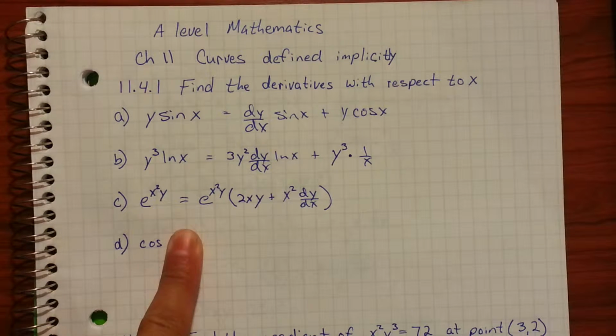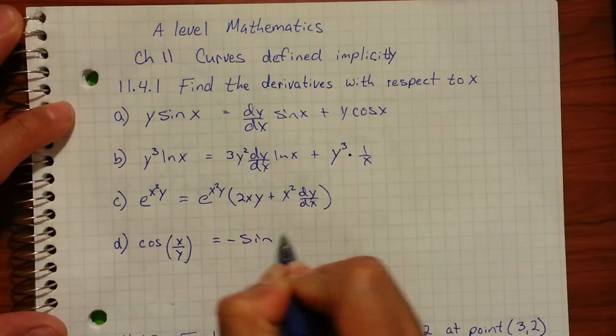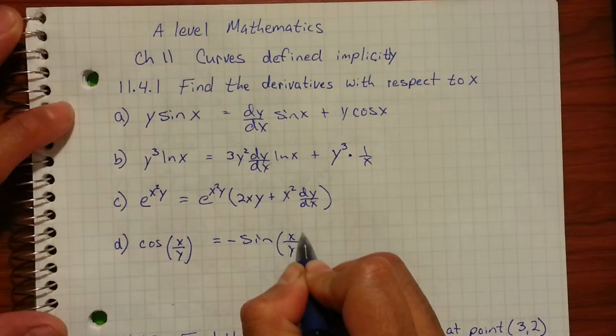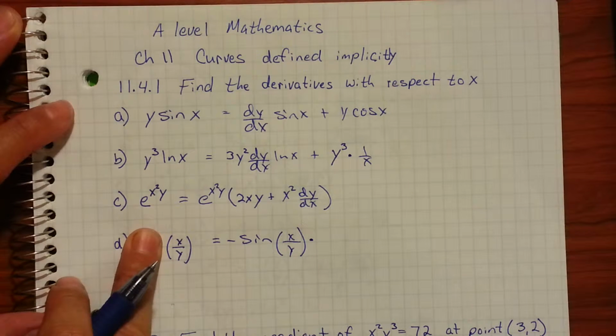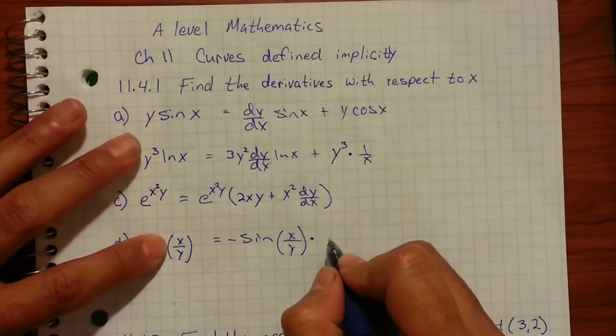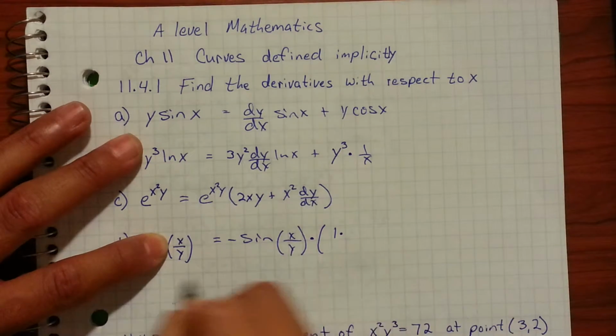So derivative of cosine is going to be negative sine, so that's going to give me negative sine of what I have there, which is x over y, times, now let's focus on that, which is the inside, so the derivative of this is going to be my quotient rule. So let's start with this, so derivative of this is going to be 1 times y